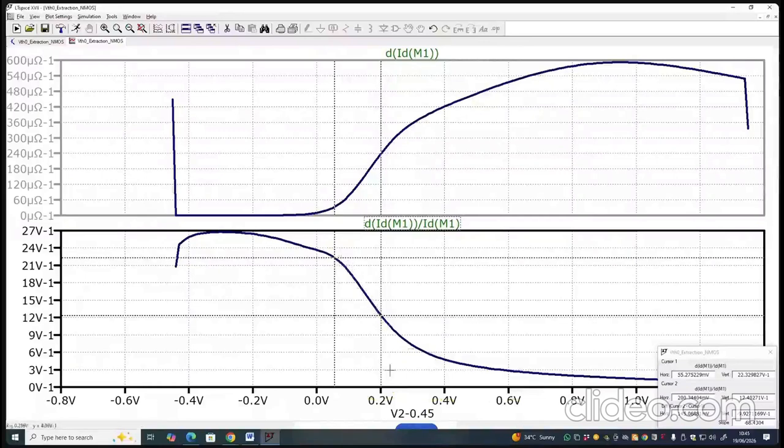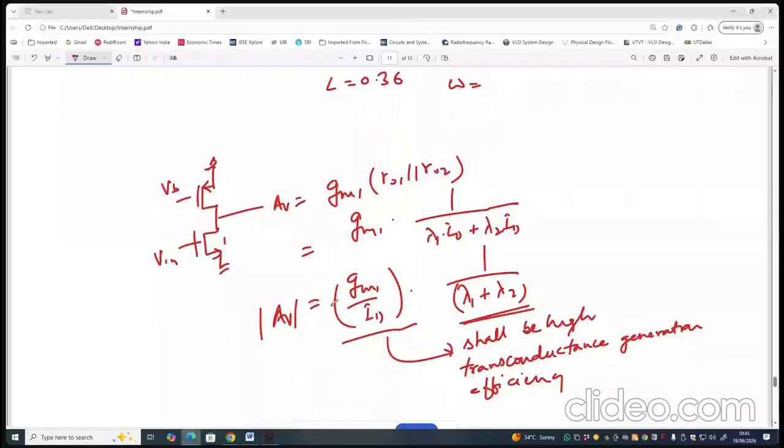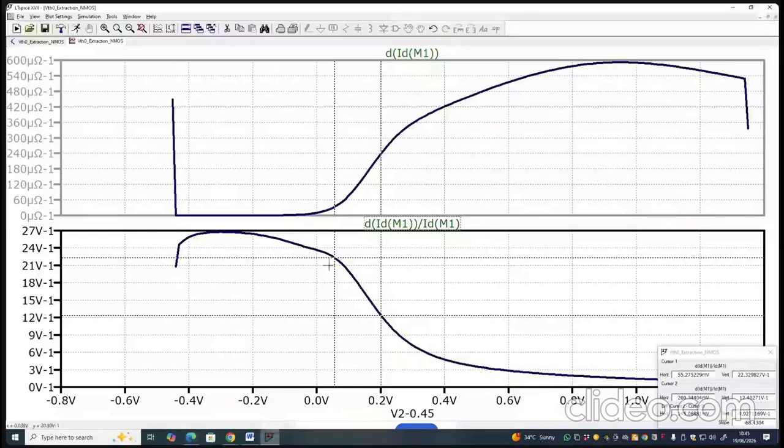तो यहां से आप ये देख सकते हैं कि जो ओवरड्राइव वोल्टेज अगर आप इंक्रीज करें तो GM ओवर ID जो है वो डिक्रीज हो रहा है, और GM ओवर ID हम चाहते हैं क्या, इट शैल बी हाई। तो आप कह सकते हैं कि इस रीजन में तो GM ओवर ID और भी ज्यादा है, लेकिन ये जो रीजन है ना ये सब थ्रेशोल्ड रीजन में चला गया है, ये मॉडरेट इन्वर्जन रीजन में नहीं है। तो उस रीजन का जो डिजाइन होता है वो अलग होता है व्हेन VGS इज लेस देन थ्रेशोल्ड वोल्टेज।